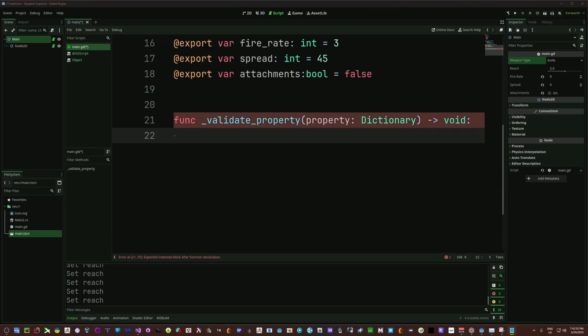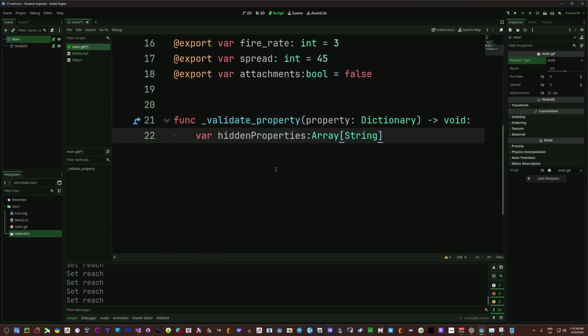So what I'm going to do here is go ahead and create an array so I can keep track of things that I want to hide and things that I want to show. Now, anything that I add into my hidden properties array here are things that I'm going to be hiding from the inspector. And what we know what to hide is going to be based off of the weapon type that